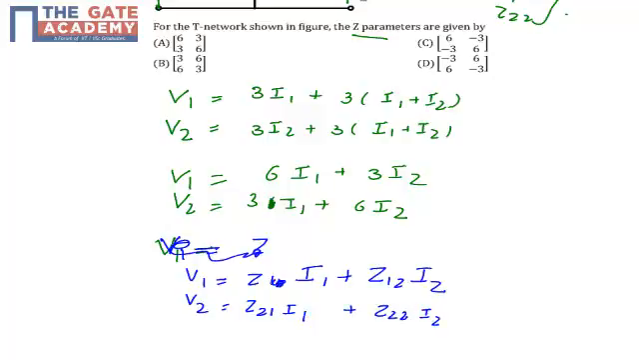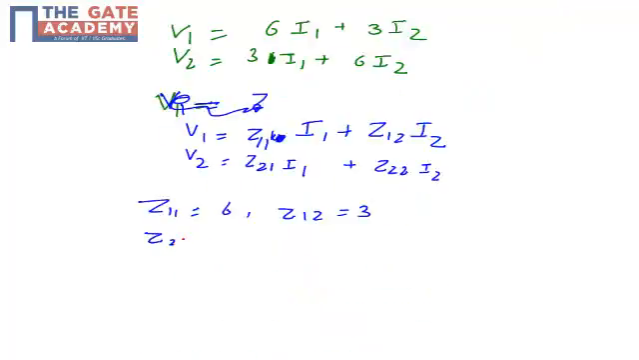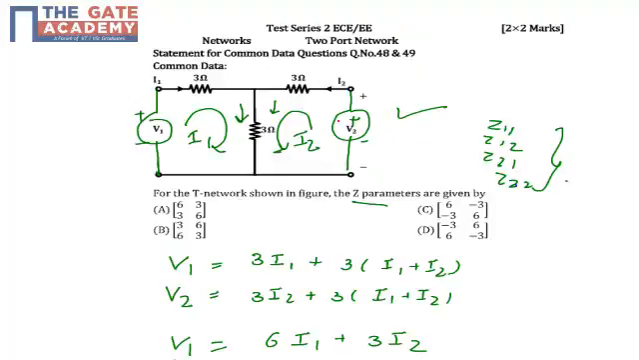So if you compare these equations, my Z11 will be 6, Z12 will be 3, Z21 will be 3, Z22 will be 6. So my Z matrix will be 6, 3, 3, 6. So in this question my correct option is 6, 3, 3, 6, option A. Option A is my correct option